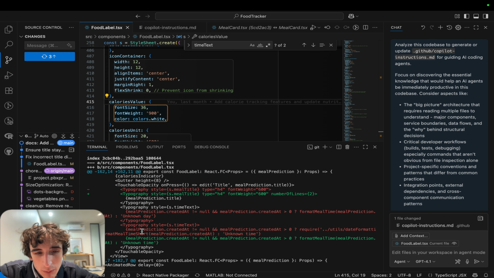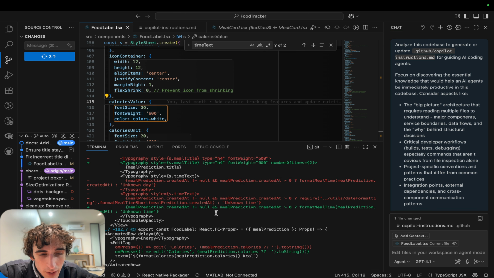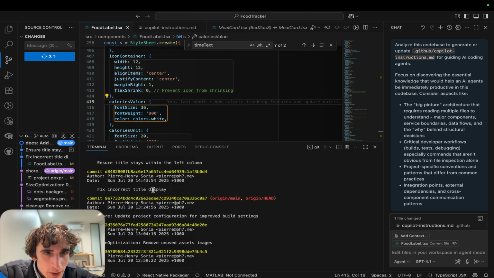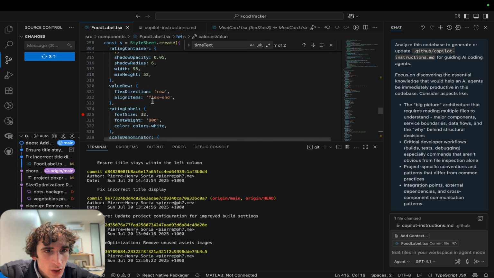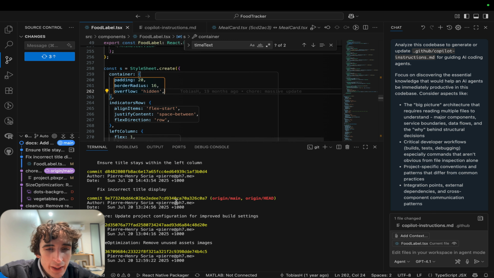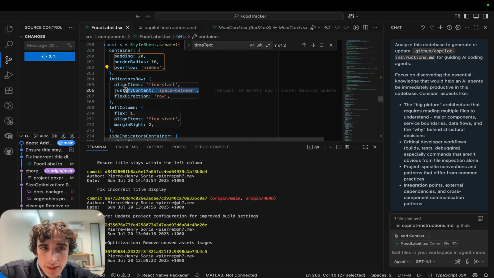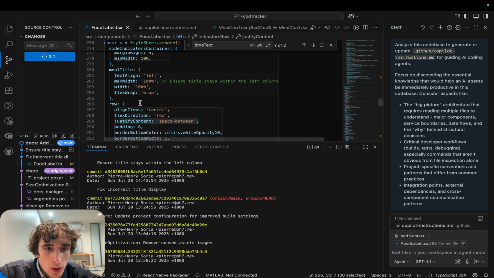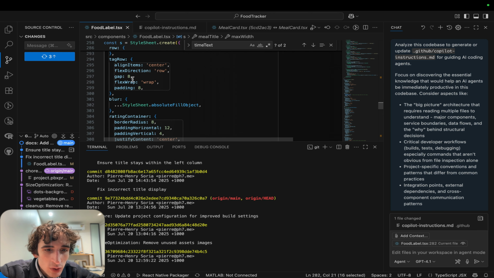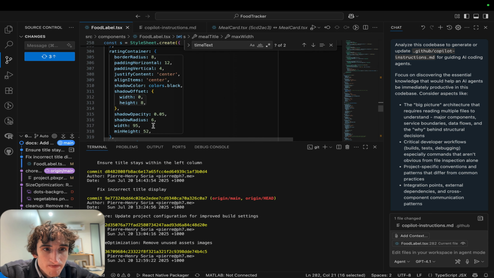And the app was obviously crashing because that function format meal time short didn't exist anymore, and the way it's been imported is not the clean way. That's something you have to be careful about. Even worse, sometimes it will just add extra, especially for the style. So for our style sheet create, it will add more, like text align center. It would add extra 100% width, max width 100%. It would also add extra